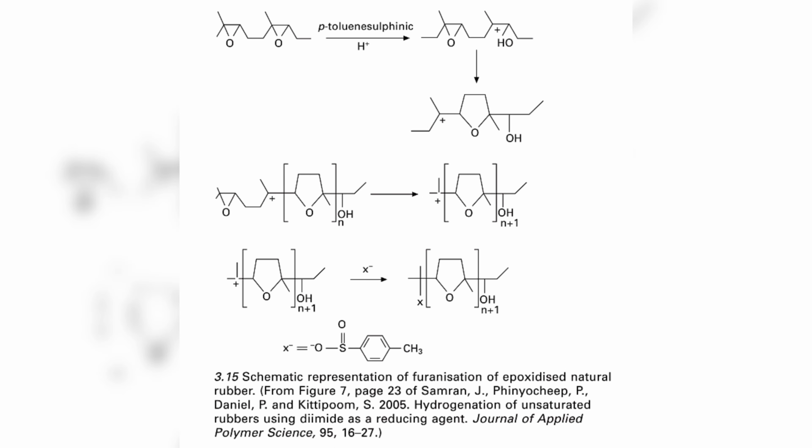One of the most versatile modifications of NR is epoxidation, where oxygen atoms are introduced into the polymer chain. Epoxidized NR, or ENR, is commercially produced by in situ epoxidation using formic acid and hydrogen peroxide. This method enhances NR's resistance to oils and gas permeability, making it comparable to synthetic rubbers like nitrile rubber and